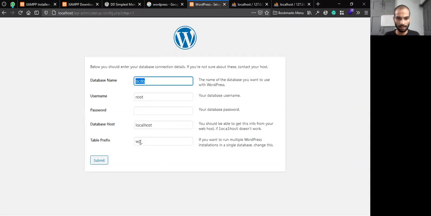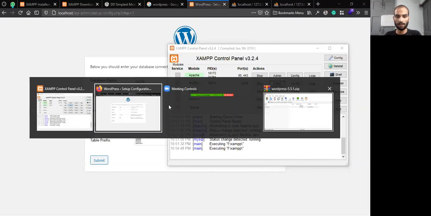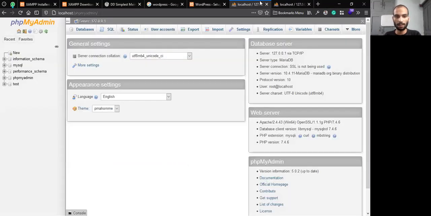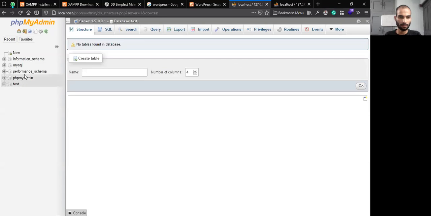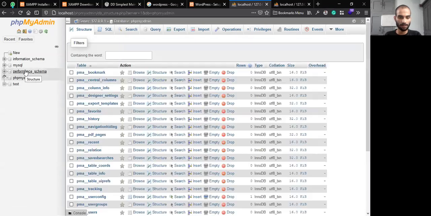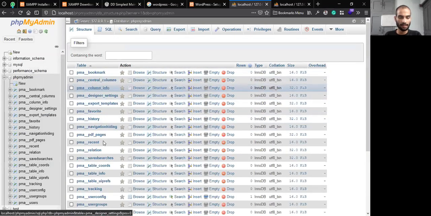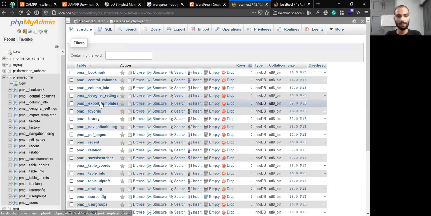mostly all the things are written here, in the table prefix. Whenever you create a WordPress installation, it will create some tables. Okay, like I will just open this one and show you. These are tables for something else, not for WordPress, but they are tables.